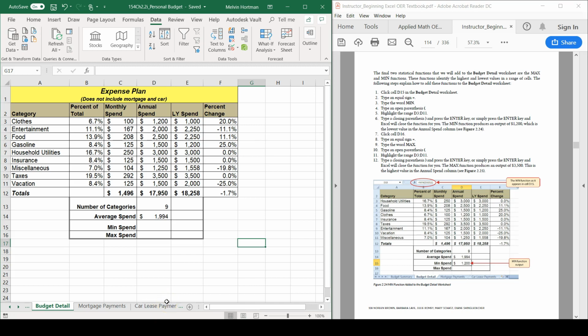Next, we'll look at the min and max functions in Excel, which those directions are located on page 114 of your textbook. So I need to click in cell D15, that's right next to minimum spending, and then I'm going to enter in the formula,